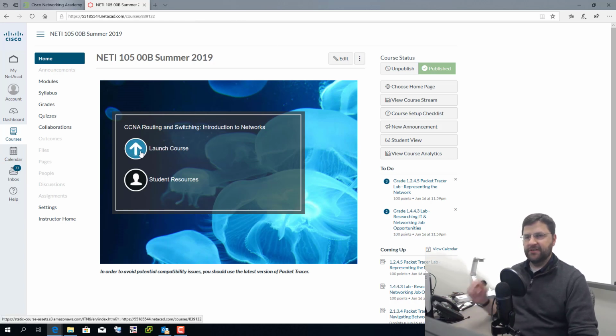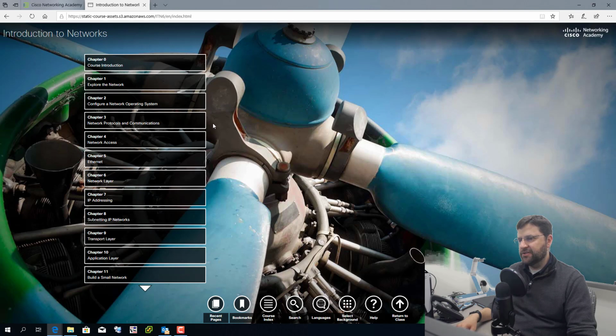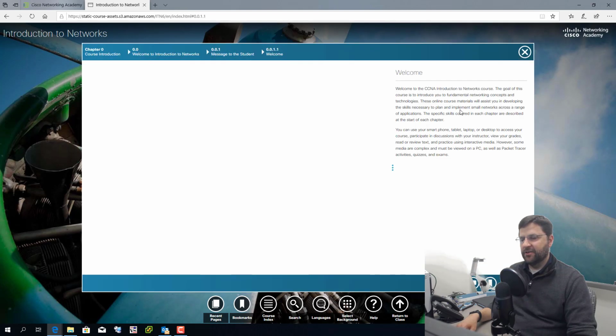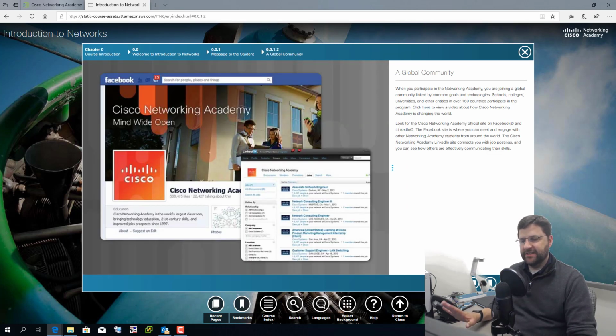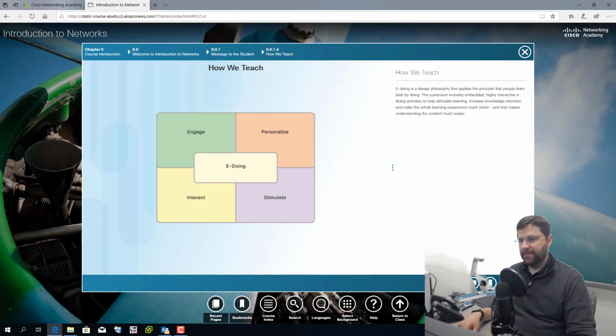It's going to launch courses, the invitation to launch sort of the textbook that we saw in the Packet Tracer 101. All right, so I can click on that and choose a background. And for week 1 here, we're looking at chapter 0, which is basically a Cisco commercial. And so you can read about all of Cisco's great stuff. I can click through to the next page just by clicking on the arrows down here at the bottom right.